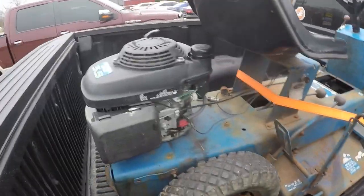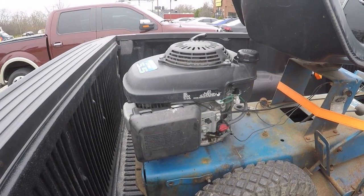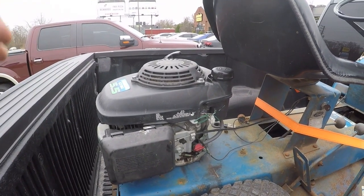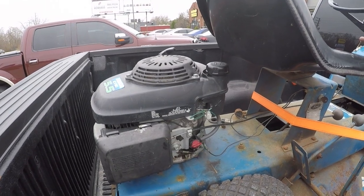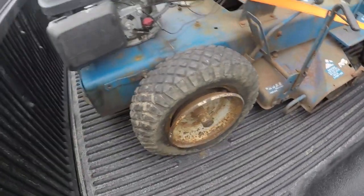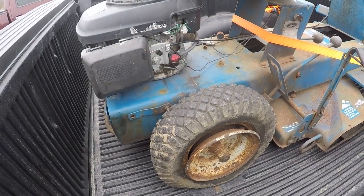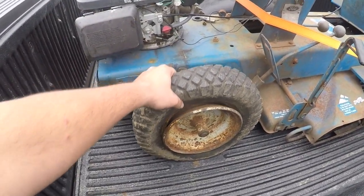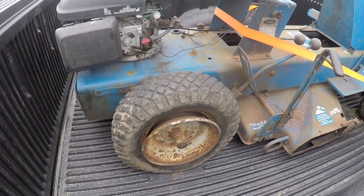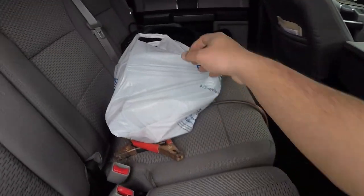Basically, I've kind of brought it back to life. It had a Honda engine on it, and I had a buddy of mine, good old Nelson, work on this, and he tuned it up for me and put some new belts on it and all that kind of thing. But ever since I've had it, I've continually run into these issues where I'll be driving it in my backyard and the tire will fall off, and let me tell you, that's not very much fun. So I went down to good old Princess Auto, and I have purchased some new tires, which are right here,